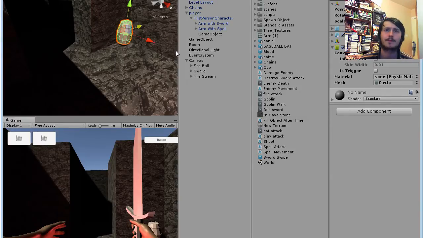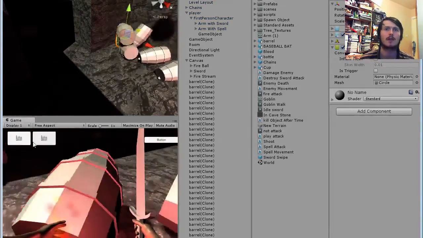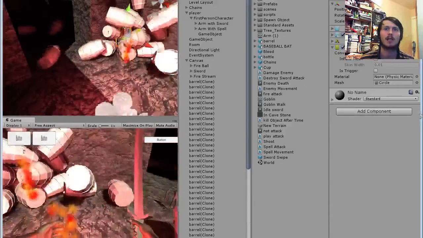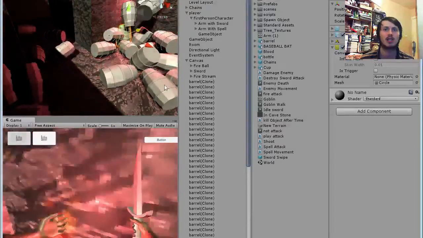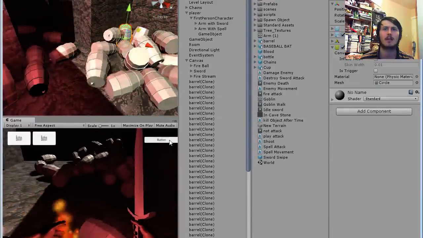Why not? Barrels for everyone. You haven't had your bottle of mead today. Bottles for all. And the cool thing is, I can use my